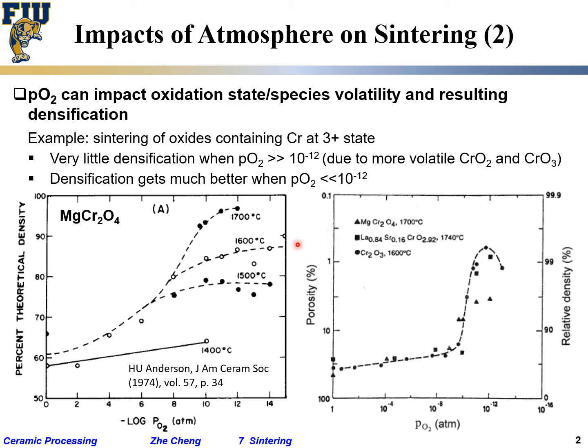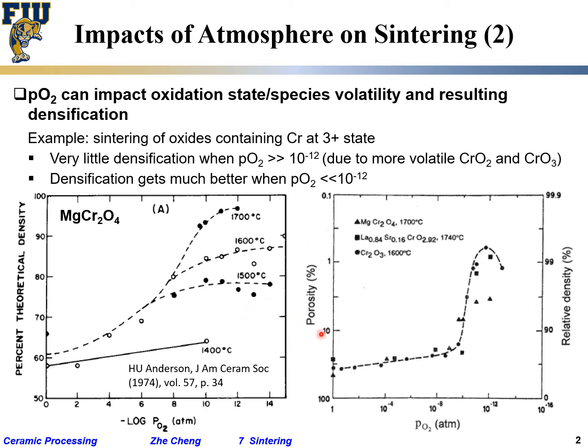Make sense? So that's a tricky point. Which means to do this, you cannot just do this in our typical box furnace. You have to do that in a tube furnace that can sustain good vacuum, or you have to do that in a tube furnace purged with a so-called hydrogen-argon mixture. Make sense? To remove your oxygen. Okay.